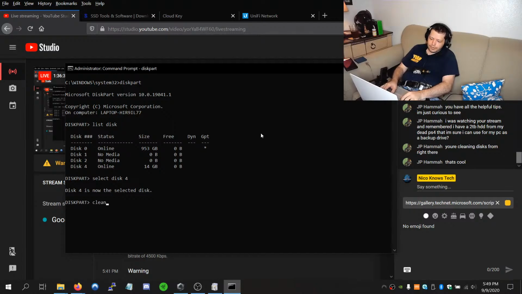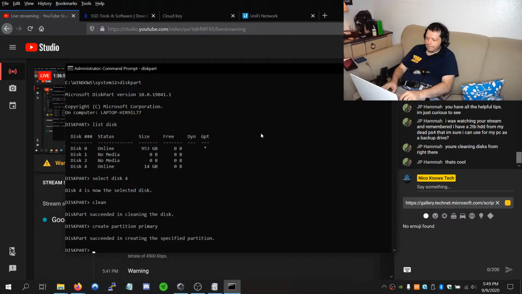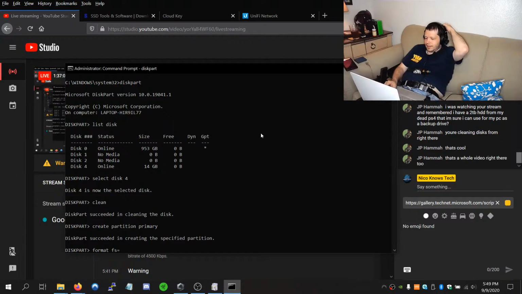And if clean doesn't work, clean all, and that might take 30 minutes. Clean all will clean everything. But then clean, and then you'd create partition primary, and then format fs equals, and then if it's a 200 gig drive like that, and you're going to use it for Windows programs, I would either go with NTFS,